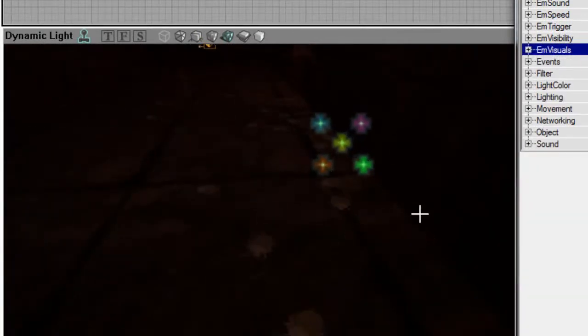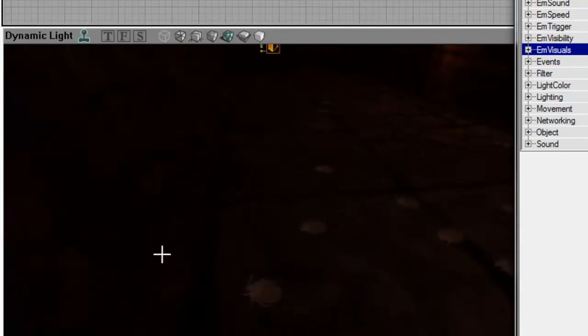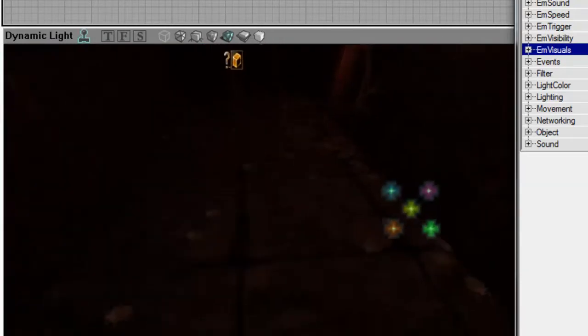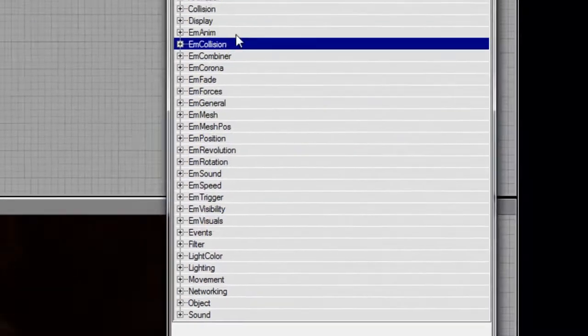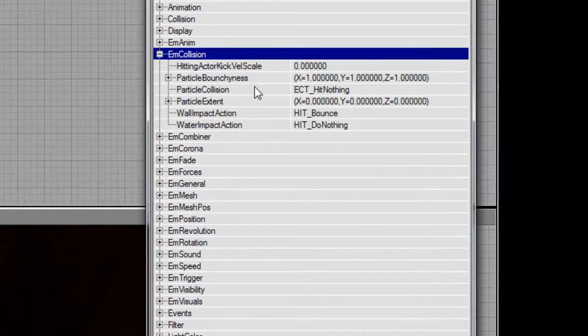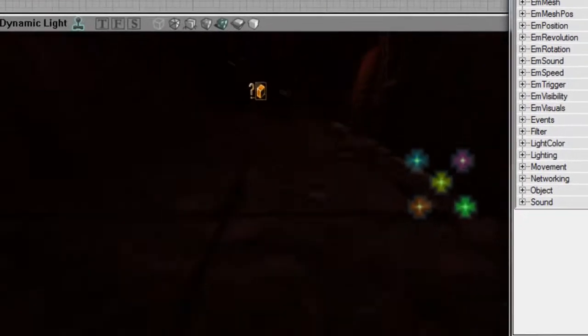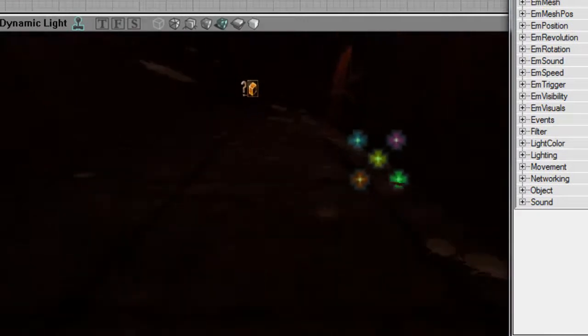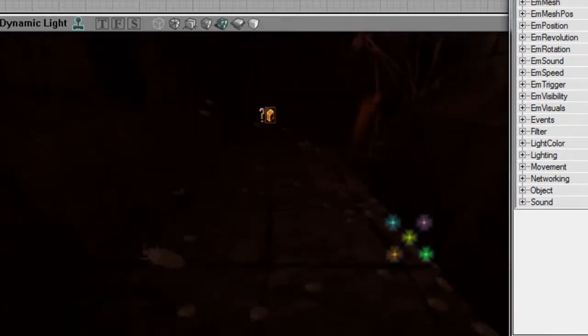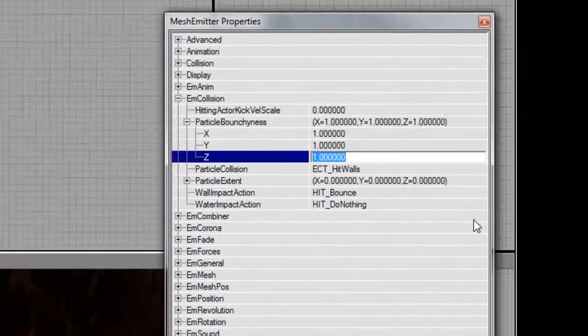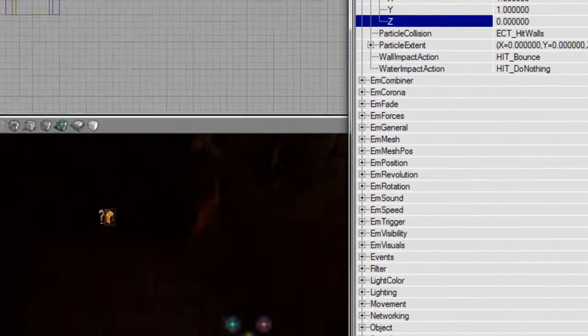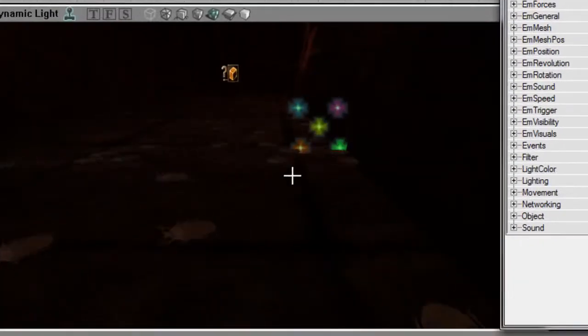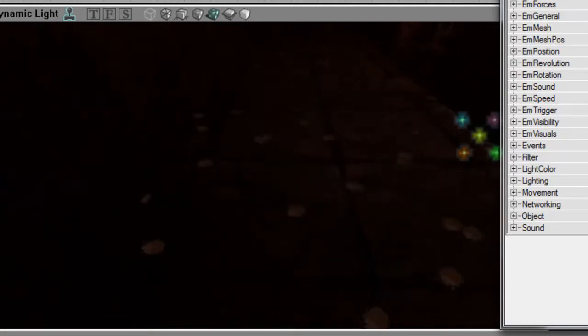I don't like when they go here and when they disappear when they are out here somewhere. So I'm going to set the collision. Collision, hit walls, and you can see they will bounce, but they bounce in different directions, funny directions. So I'm going to set particle bounciness Z 0, and you can see that when they hit wall, they bounce somewhere. Now,